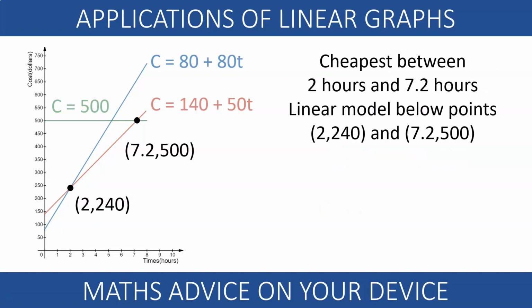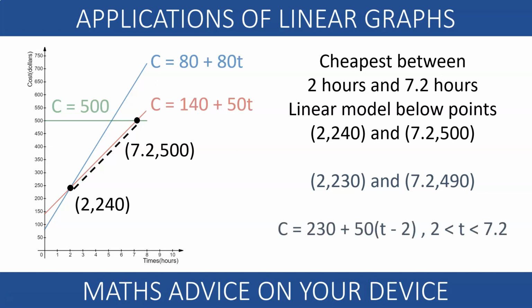The cheapest between 2 and 7.2 hours is a linear graph joining the points below: 2, 240 and 7.2, 500. We need to make the cost for looking into Batman's car between, for example, 230 and 490. We do so by finding the line passing these 2 points. We explained this in detail in our previous video. We should charge Batman according to the equation C equals 230 plus 50 times t minus 2 for t between